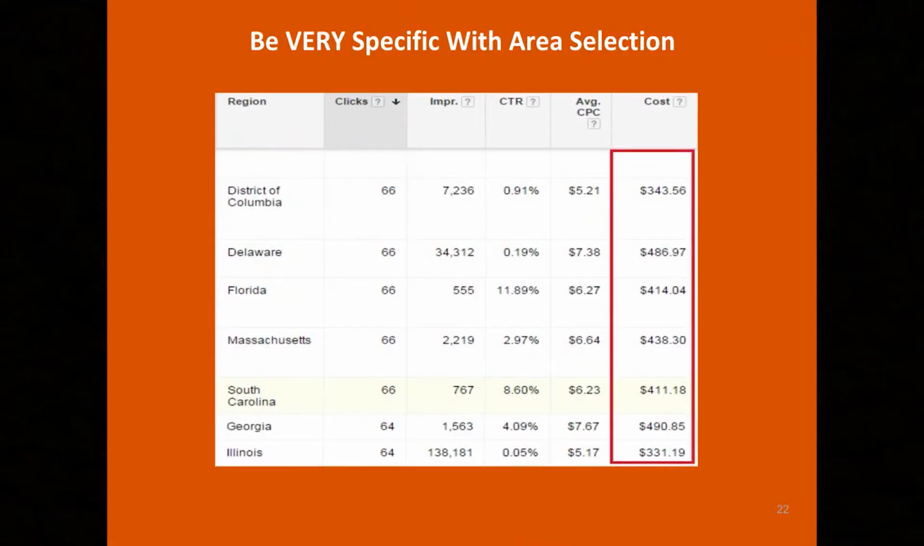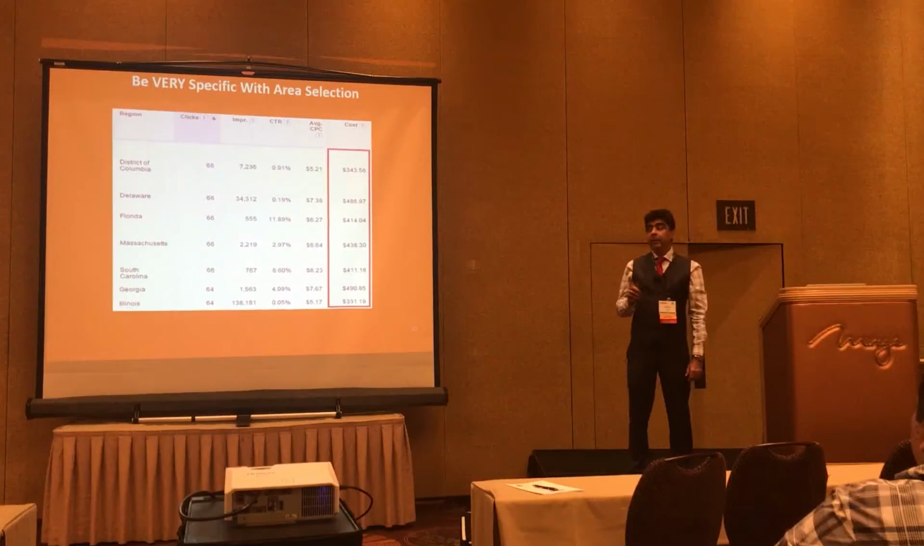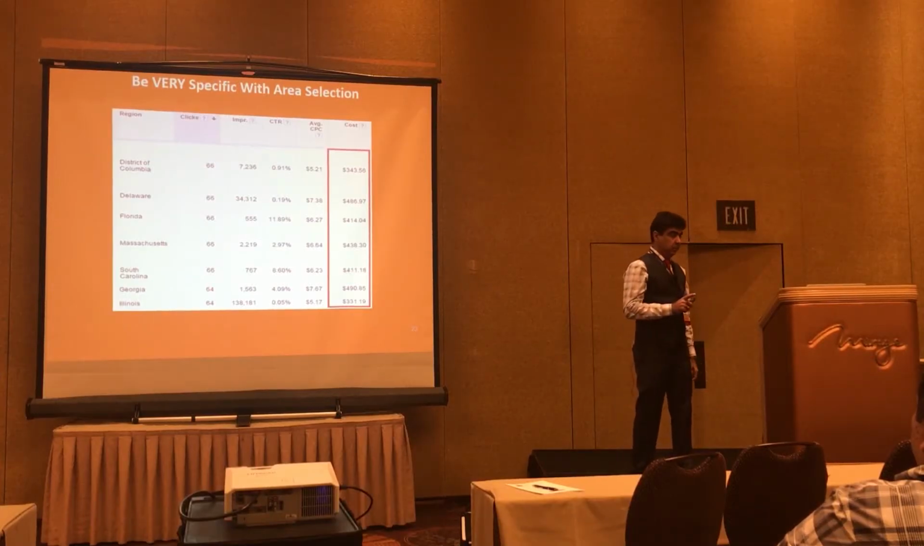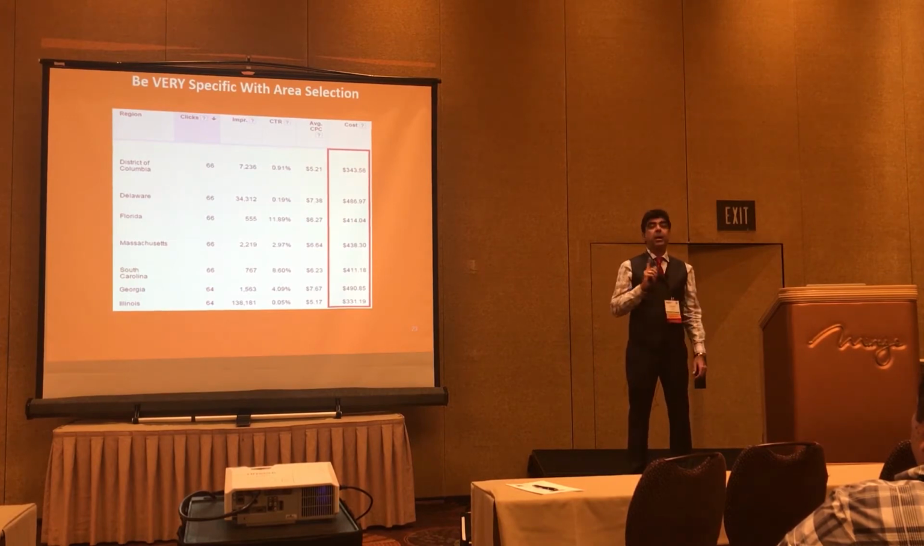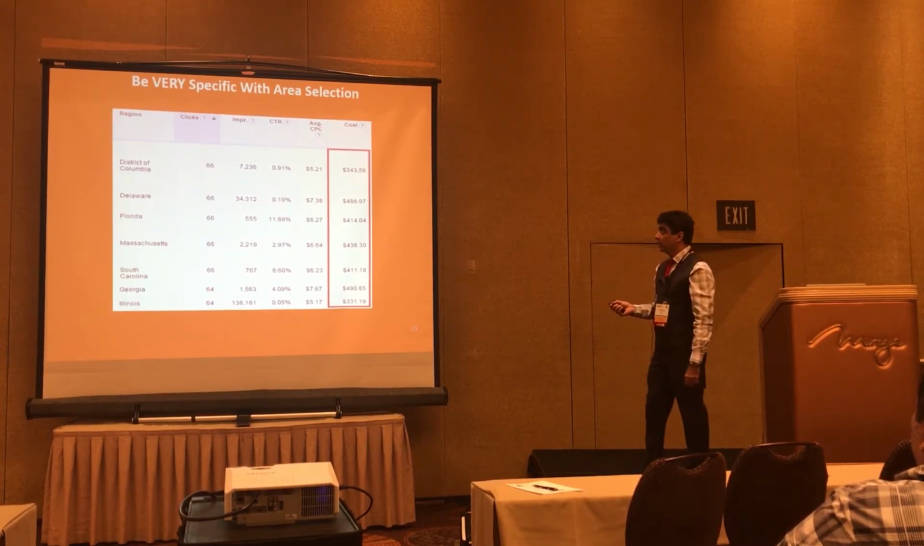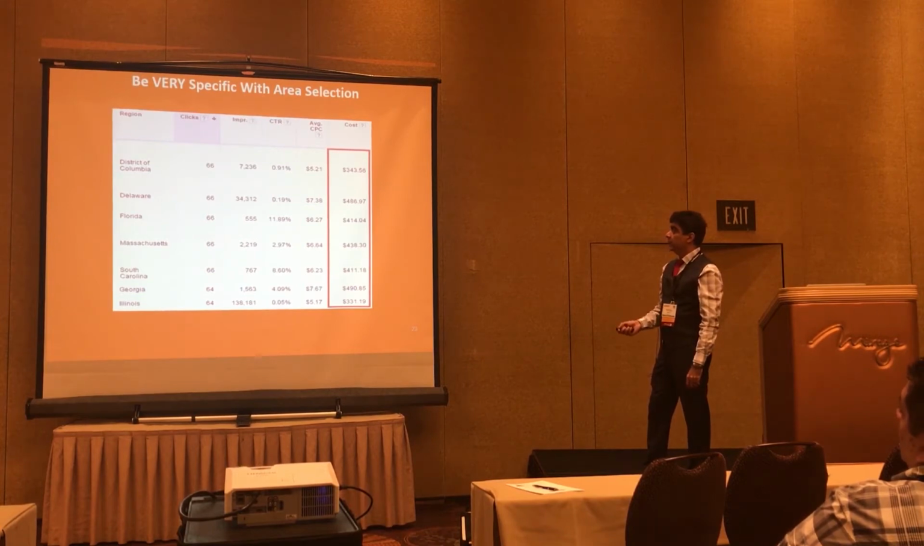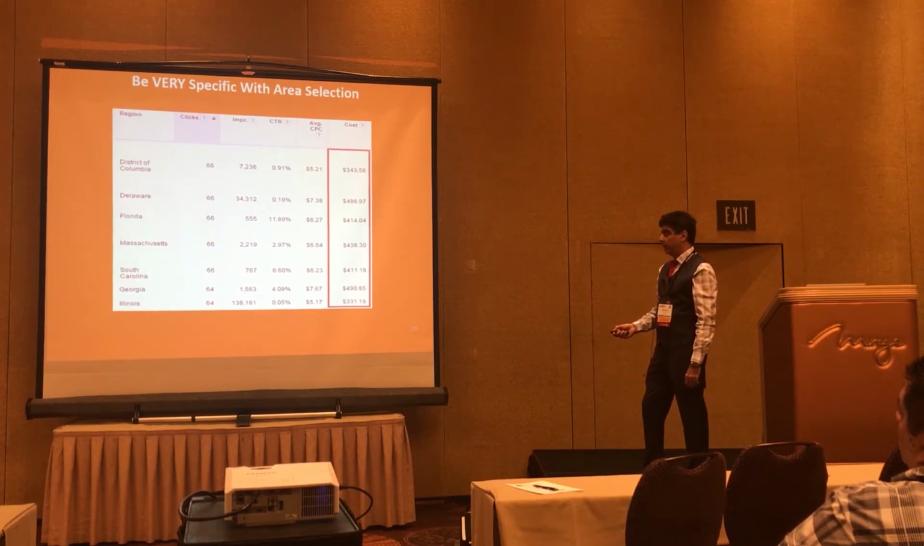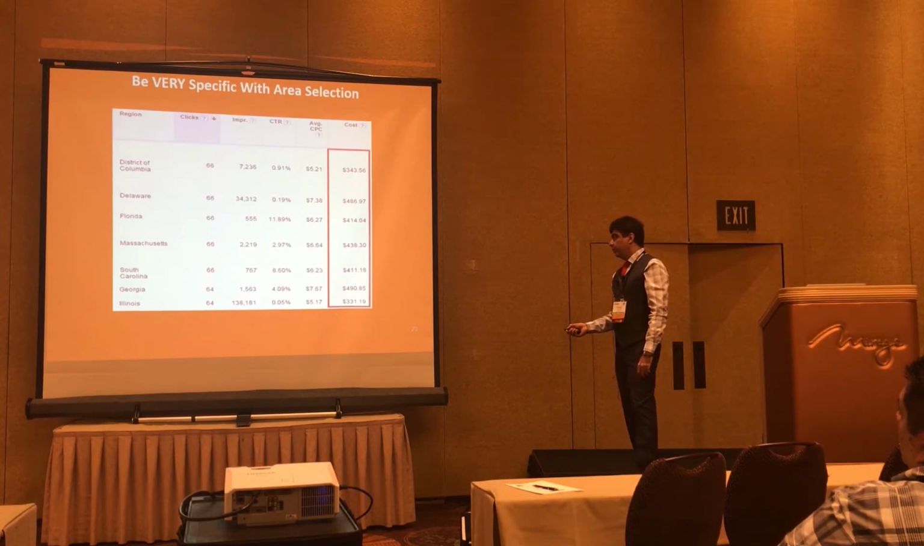Be very specific with area selection. By default, when you set up your campaigns in Google, they run in US and Canada. Entire US and entire Canada. Here's a screenshot from an account I analyzed. This is a company based out of Chicago, but their campaigns were running in DC, Delaware, Florida, Massachusetts, South Carolina, Georgia, Illinois, which is where they're from. But they're actually in Chicago. They don't even cover the entire state. But out of $300 that was probably spent in the correct area, all this money